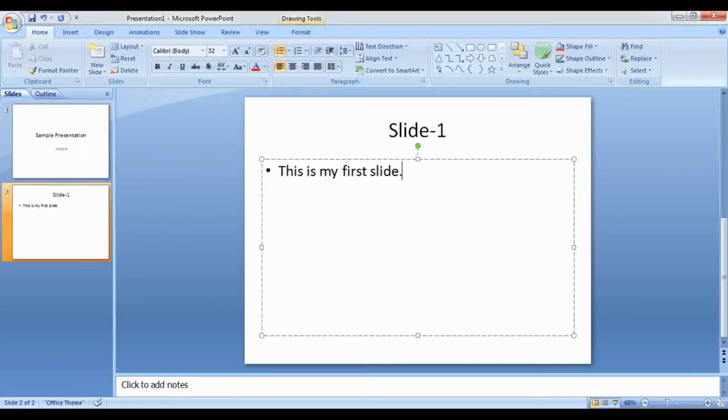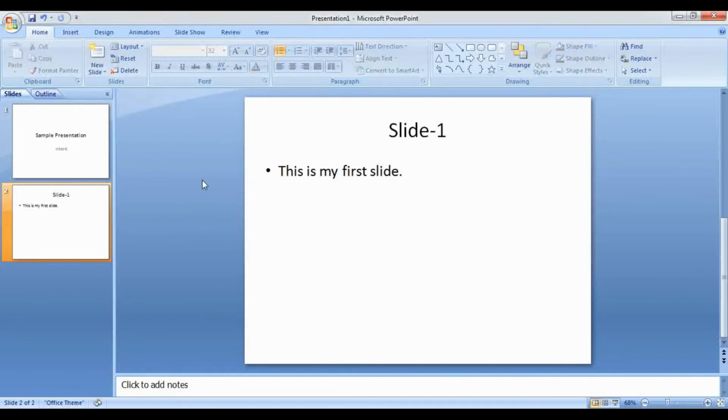There you go. So this becomes my content and that becomes my title. So this is how you are going to add the text to your slide. Now you can keep on adding different slides and adding your text to the slides.